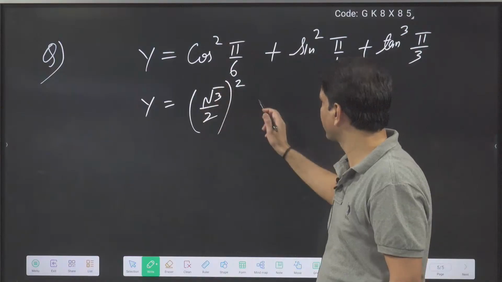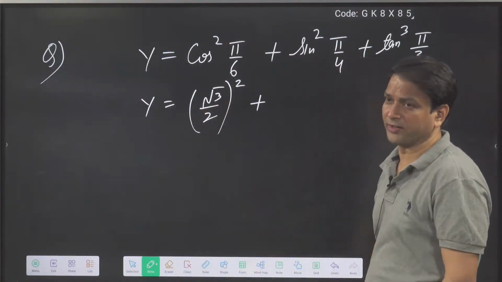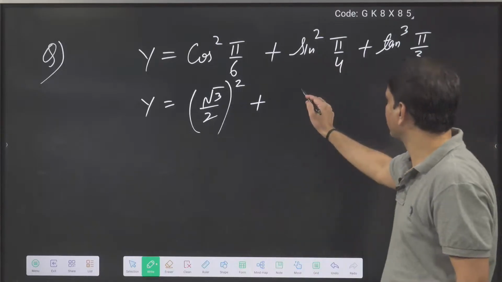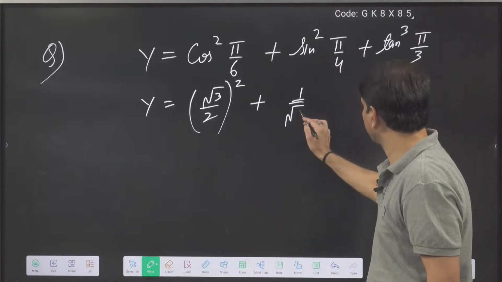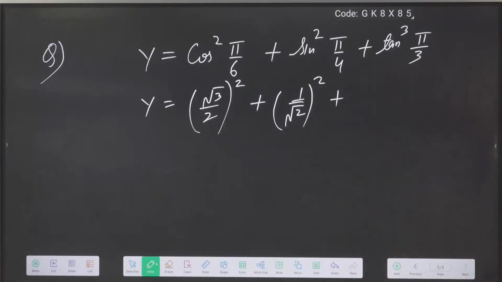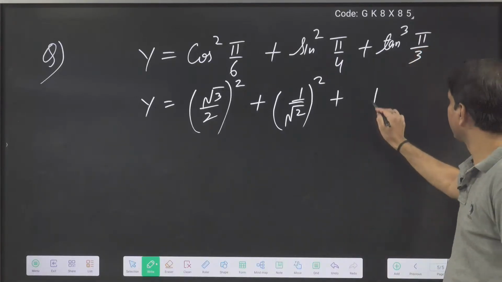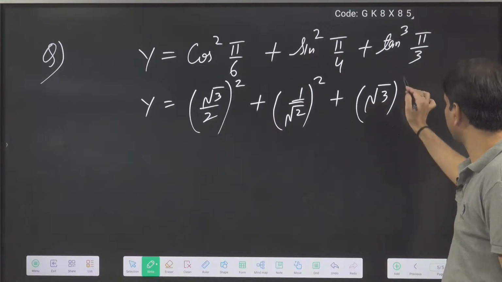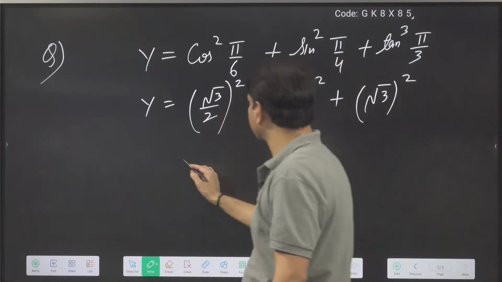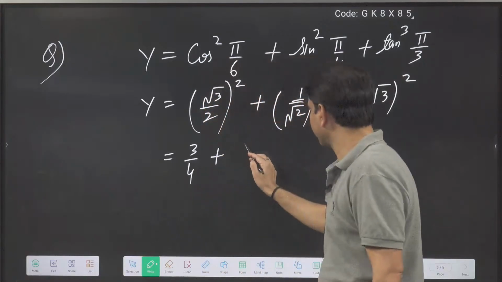So root 3 by 2 squared plus, pi by 4. Pi by 4 is 45. Sin 45 is 1 by root 2. Then you will write 1 by root 2 squared. Okay. Plus tan pi by 3. Tan pi by 3 is what? 60 degrees. Tan 60 is what? Root 3. Then you have to do root 3 squared. Okay. Now after squaring this I will get 3 by 4 plus, after squaring this I will get 1 by